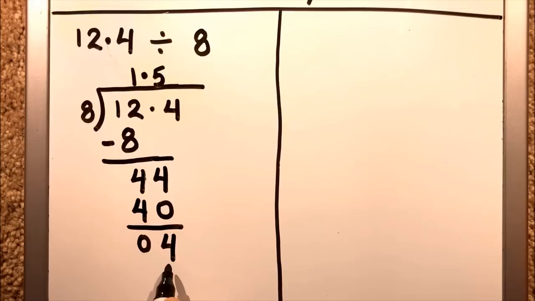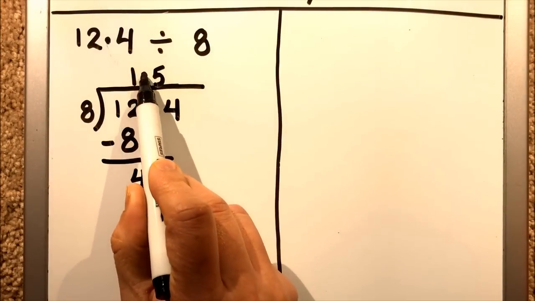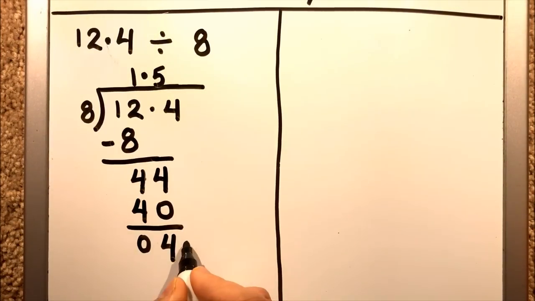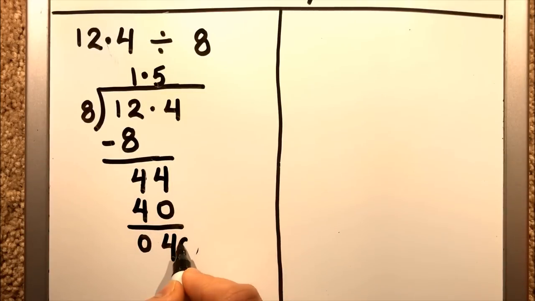Now this 4 is the remainder. If there is a remainder, what we'll do is we'll write a 0 to continue the division. Because we have already put the decimal point, we can write the 0 in decimal division, not in normal division. In normal division we can't put the 0. We need to put a decimal point for that.